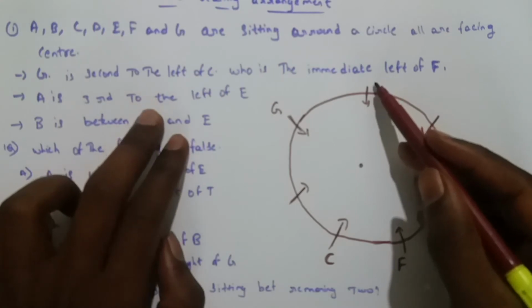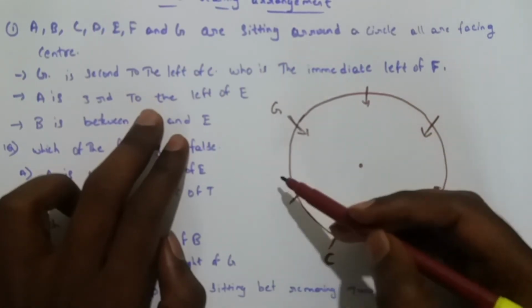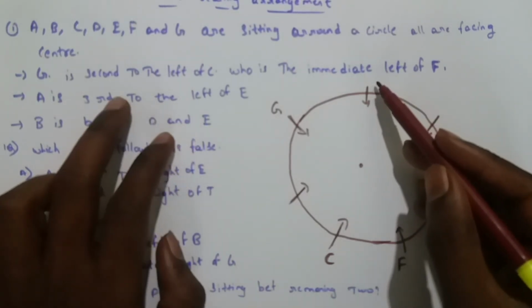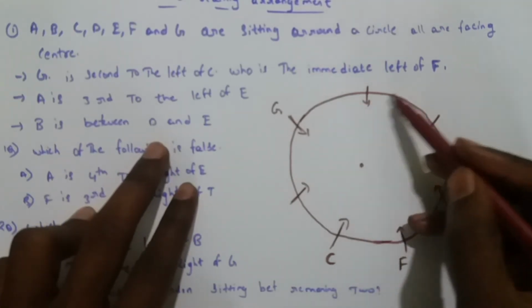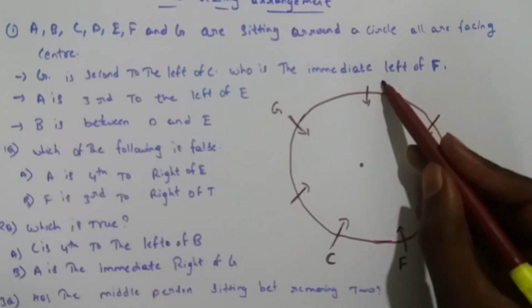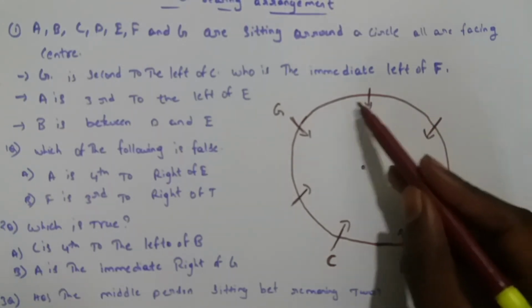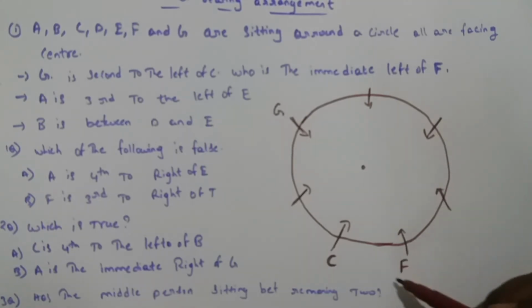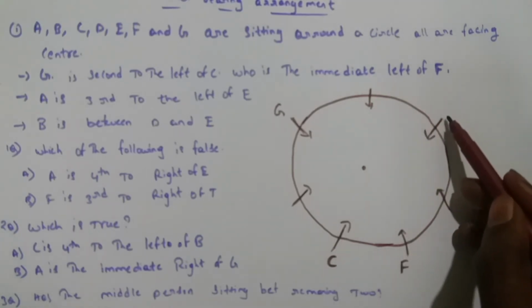If we take E here, then it should be: E here means it is right side, it is left side. If we take E here, then A is the third to the left. For it here it is right. Now here it is left. If we take E here, A should be the left side. Okay, it is right side, it is left side. 1, 2, 3. No, here E doesn't satisfy. Suppose we take E here.